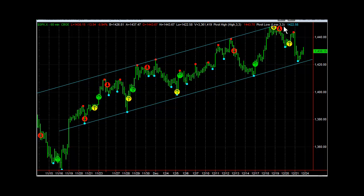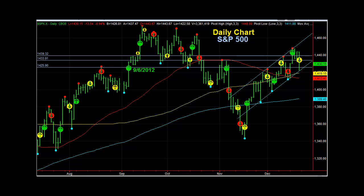So currently our trading model has the market neutral position here on the 60-minute time frame, and we just came off the bottom of the channel and pushed a little bit to the upside into the close on Friday. Now here's the daily time frame, medium term, same channel, the upper boundary, the lower trend line, parallel channel. It's a very tight cycle in here, just really cycling in this channel, and the market's holding up actually quite well. We had a down day on Friday, but the market came down to the bottom of the channel and